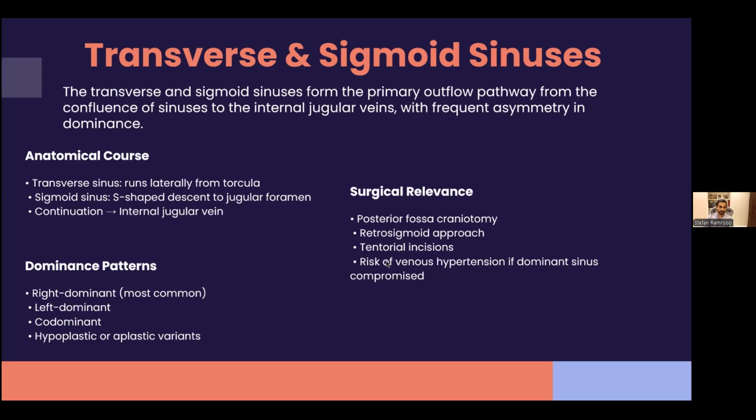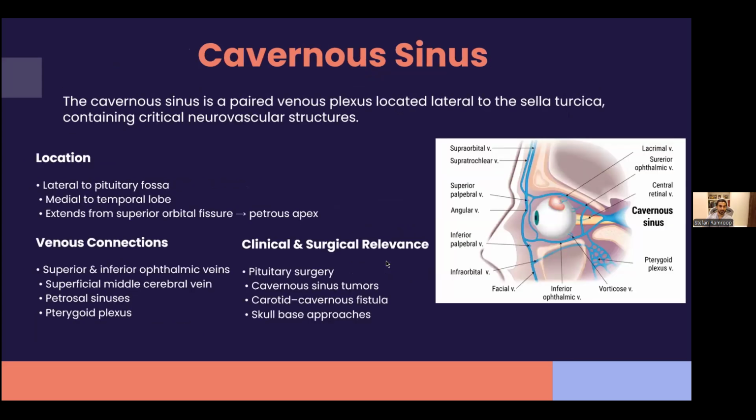So looking at the cavernous sinus, it is a paired venous plexus located lateral to the sella turcica, containing really important neurovascular structures that we'll get into. It extends from the superior orbital fissure anteriorly to the petrous apex posteriorly, and it's highly interconnected and